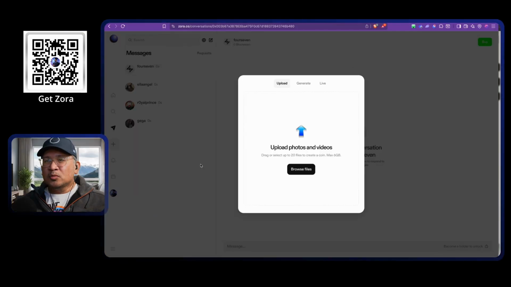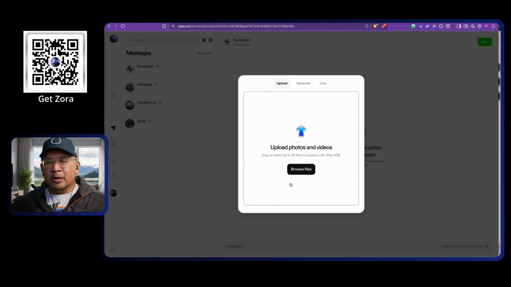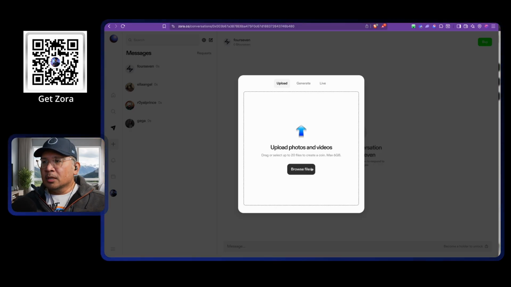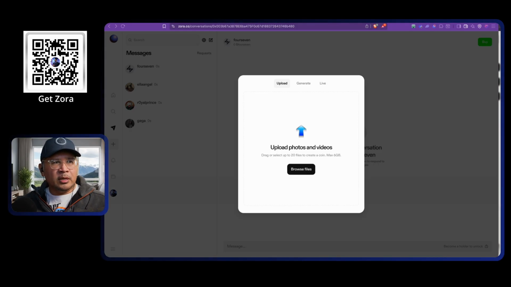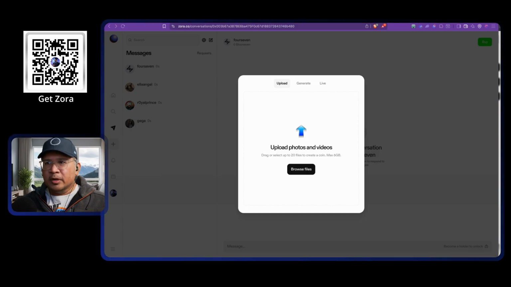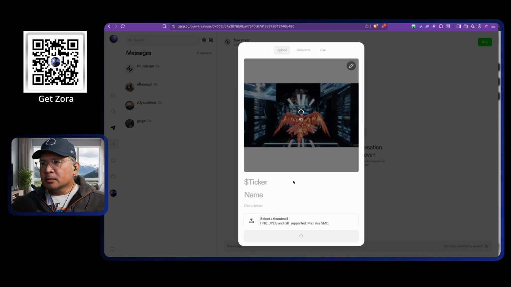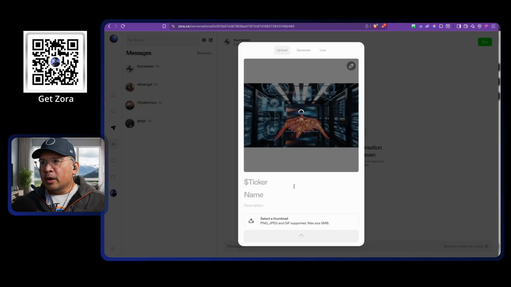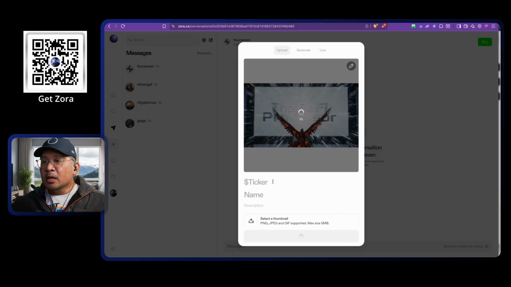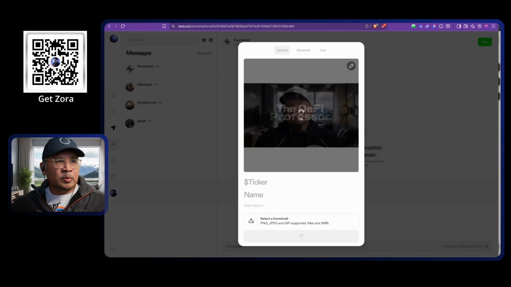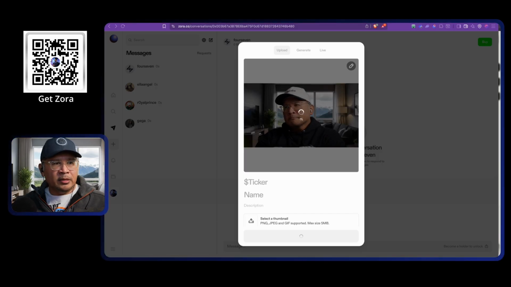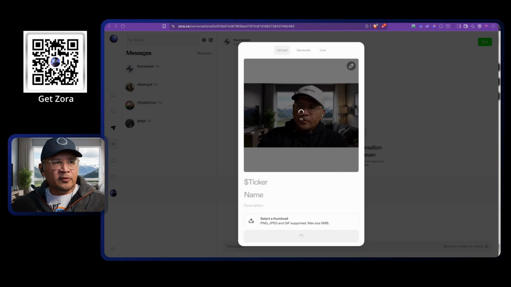But in this case, this is where you're going to be creating a post, right? So let's go through. Okay, so you can just choose something. I'm just going to drag something from over here. You have up to 6 gigs. And then this is where you put in the details. This is the one thing that most people have a hard time wrapping their head around, and this is how Zora works specifically for